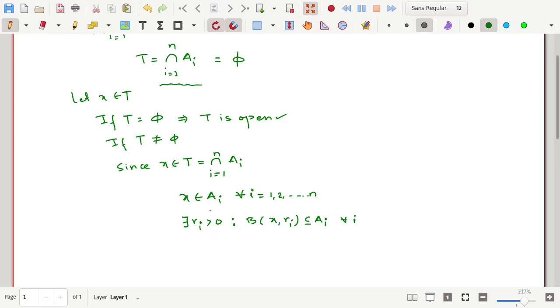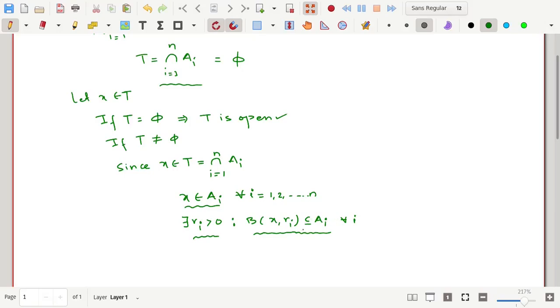So since x belongs to A_i and A_i is an open set, by definition of open set, this x is an interior point. So by using the interior point property, there exists a radius r_i so that the ball with center x and radius r_i belongs entirely to the set A_i for all i, which runs from 1 to n.